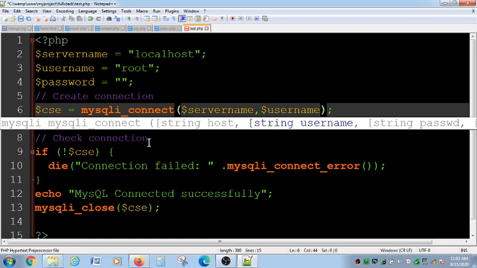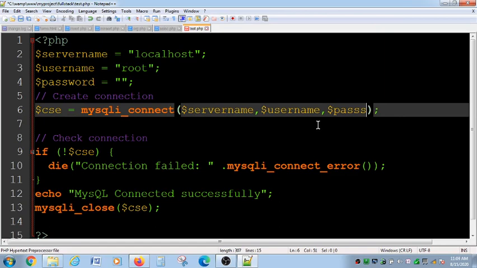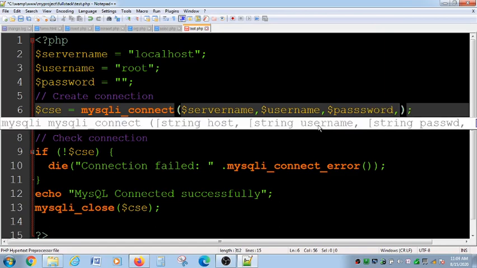It is showing string host, string username, string password. That means the parameters should follow the same syntax. First should be the server name, next the username, next the password, and last should be your database name, that is DB name.